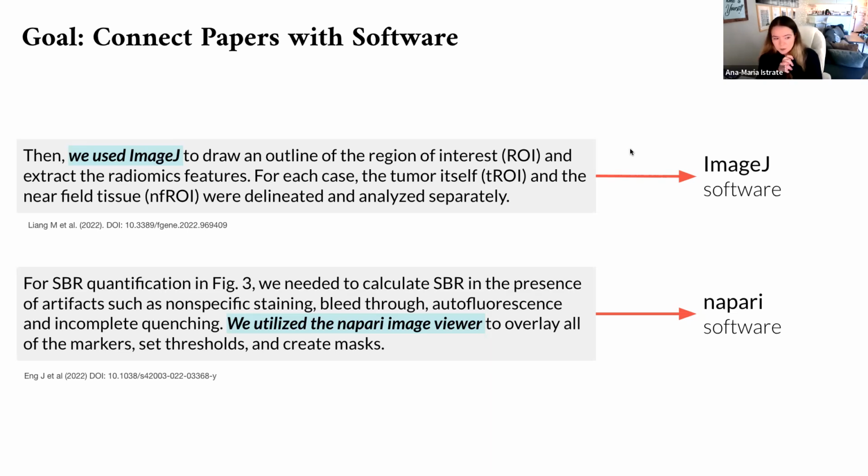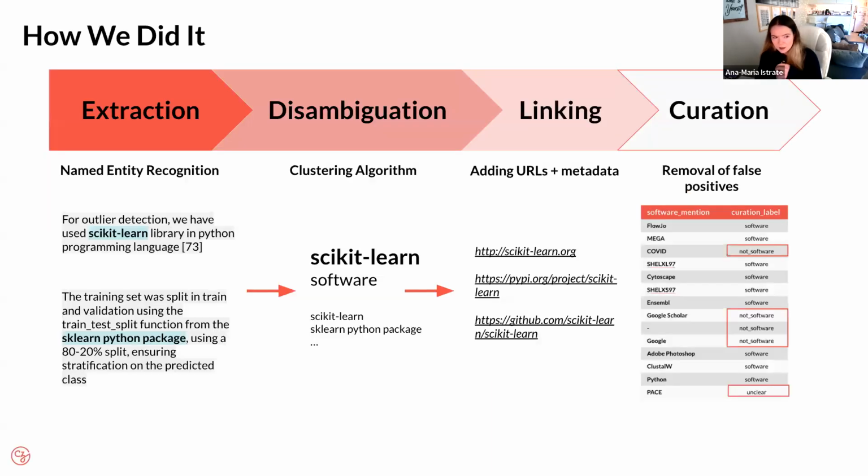So here we have an example where someone mentions in their paper that they used ImageJ to draw an outline of whatever the region of interest was. ImageJ is an imaging software. We would want to be able to say, okay, this paper used ImageJ, so we want to surface this link. In the second example, someone mentions they utilized the Napari image viewer. Napari is actually an imaging software that we're building in-house at CZI, and similarly, we want to extract this link. So we also have a named entity recognition model here to extract these mentions of software,